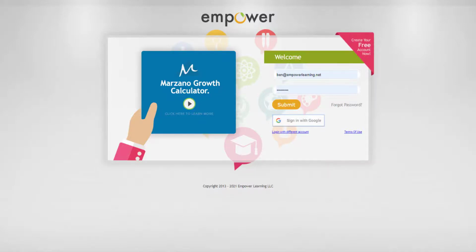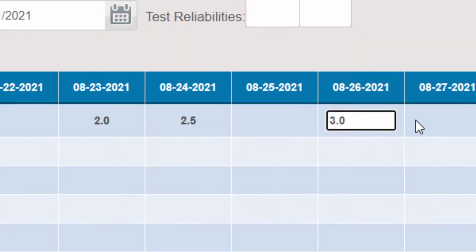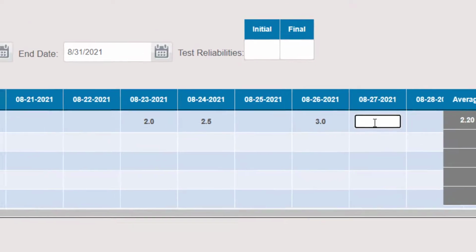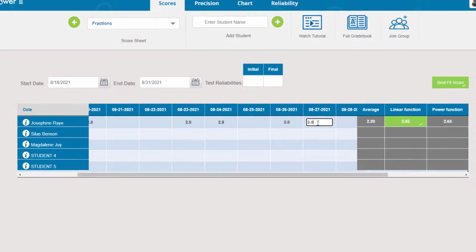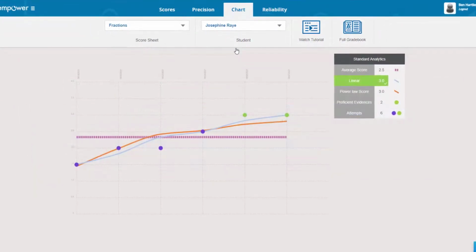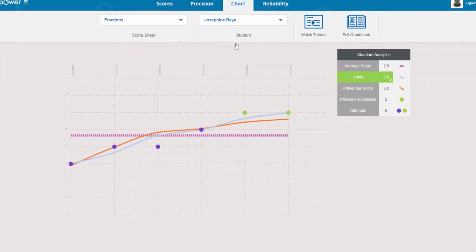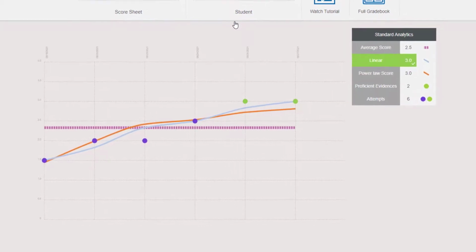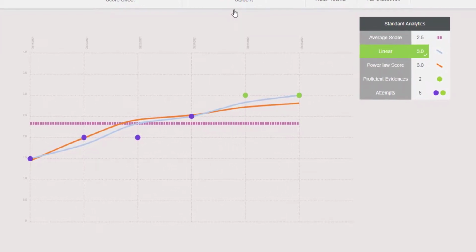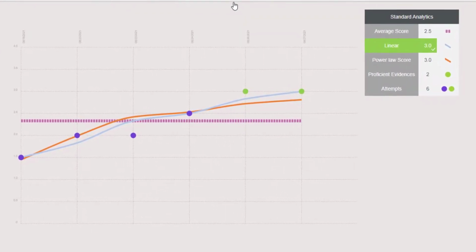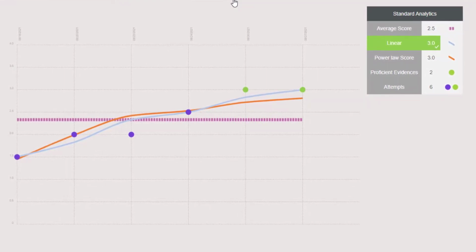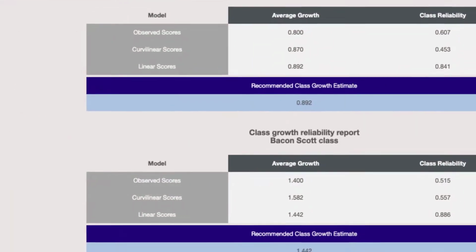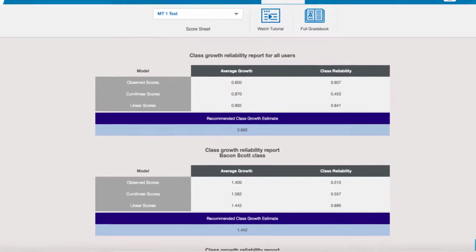The Empower Marzano Best Fit Calculator is a free tool which is designed to calculate the reliability of classroom assessments on a given standard for a set of students, as well as recommending a reliable summative score for each student on that standard. In this system, a set of 3 different mathematical models is used to estimate students' true scores or best fit scores. The latest update also allows this tool to record and monitor reliability across multiple groups of